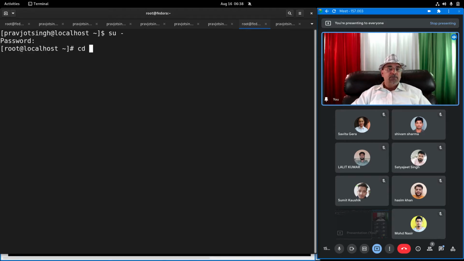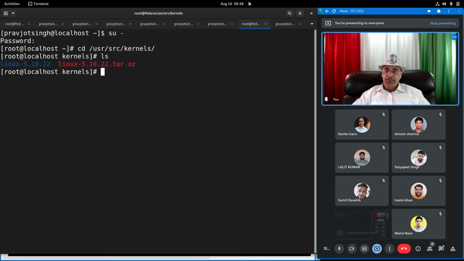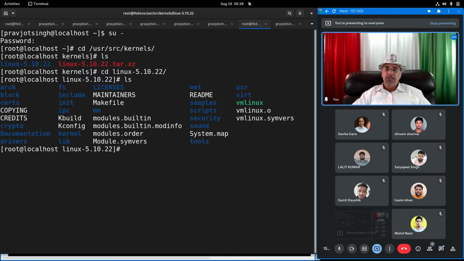We go inside kernel. Watch the path: user, src, kernels. Then we need the kernel version. The kernel version that is working here, the kernel sources that we have, is Linux 5.10.22. Inside this you will find